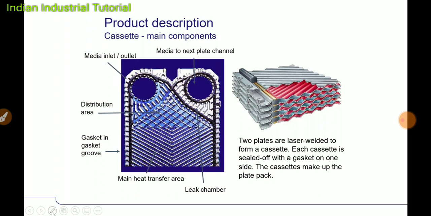In the other picture you will find two plates, the same plate, but the two plates are welded together by laser welding, and on one side there is a gasket. In this picture you can clearly see the red zone, which is under welded condition and cannot be accessed for cleaning and visibility, because these channels are welded by laser welding together. But you can access the white zone, the clear zone which is gasketed, where generally cooling tower water or DM water is cooling hot media and aggressive media.